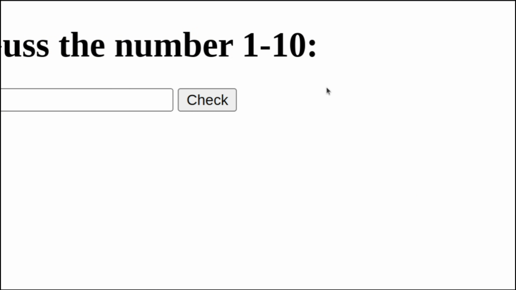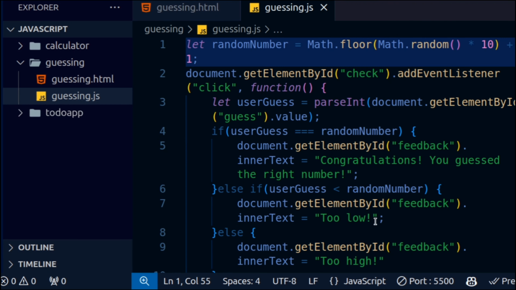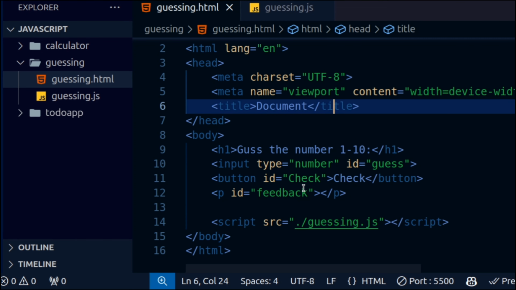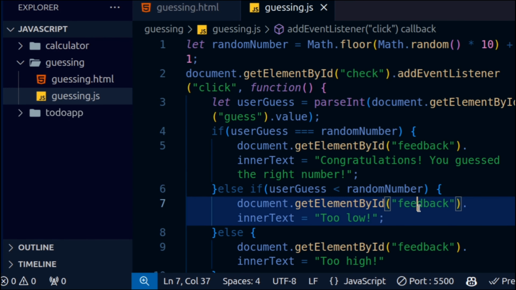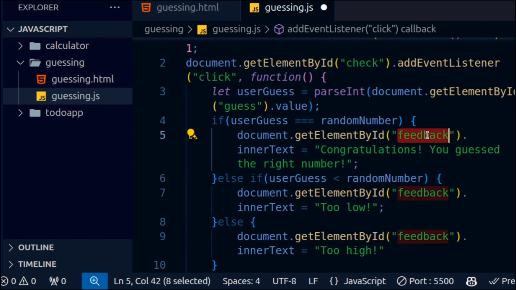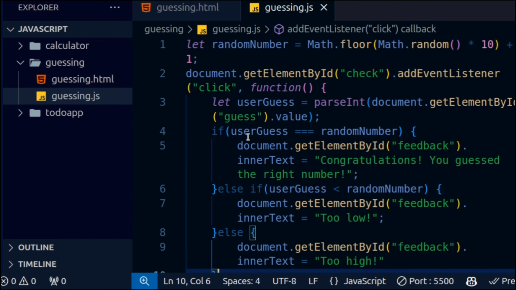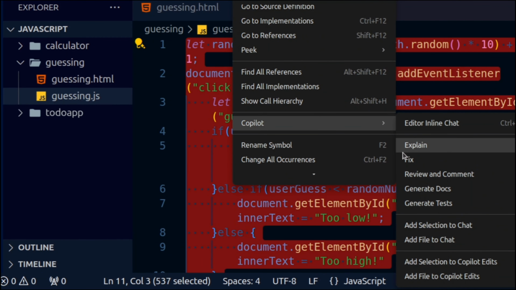So I think we're not getting the result. Okay, I think something went wrong. I'm going to recheck it. So we have a random number, and we're getting the feedback, I think I wrote feedback correctly. Yes, sure, we're writing the feedback correctly. Okay, and we're writing the if else statement also correctly. Let's recheck it for the